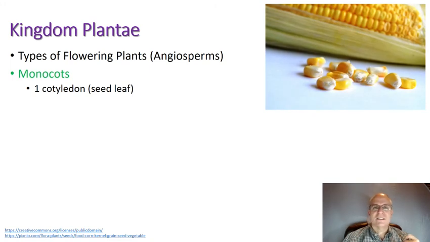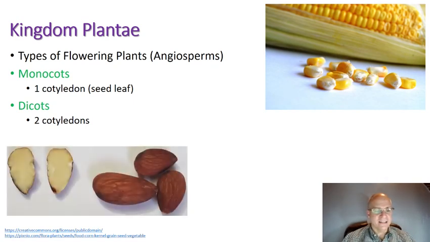So corn is a really good example of a monocot, because if you take a corn kernel and you try to squeeze it, you can't get it to split apart. It is only one seed leaf, or one cotyledon, and food is stored in there for the embryonic plant. Okay, and contrast this with the dicots. Prefix di means two. So the dicots have two cotyledons, like the almond that you see here from earlier, that you can squeeze the right way, it splits apart, and you have the two cotyledons or seed leaves and the embryonic almond tree that you see right there.